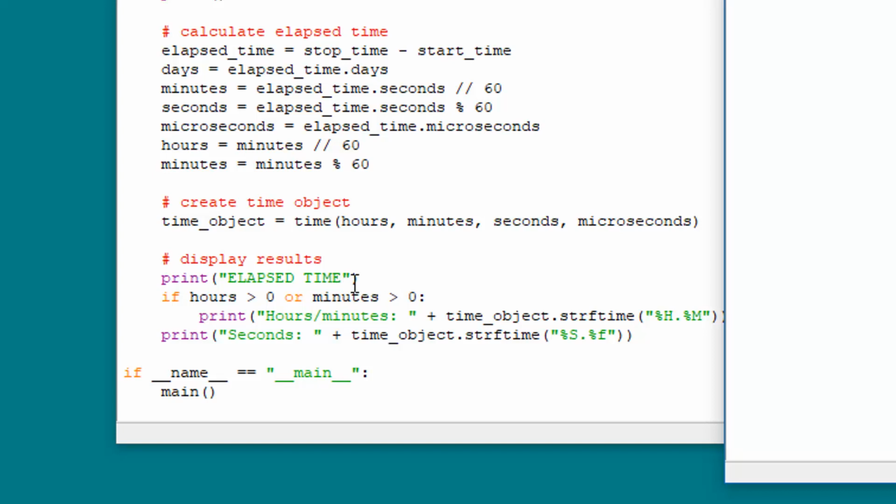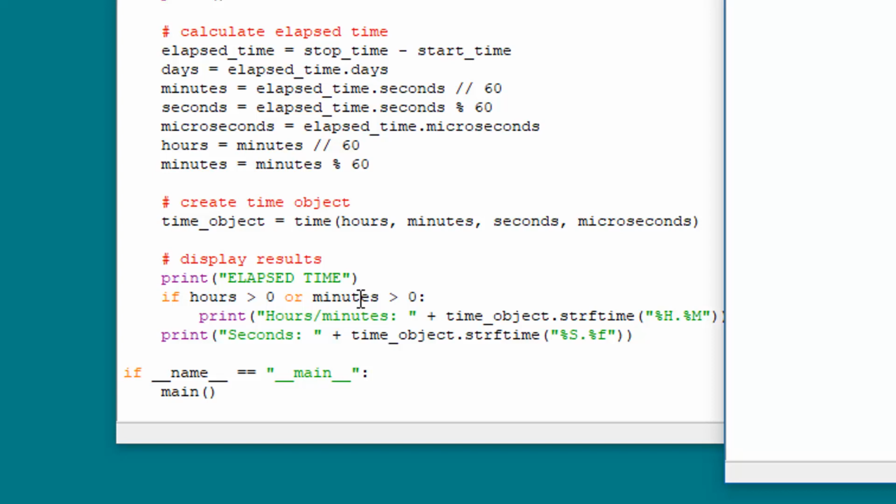If we were to put an and in there instead of an or, both conditions would have to be true. That means it would have to be greater than 0 hours calculated, and then also